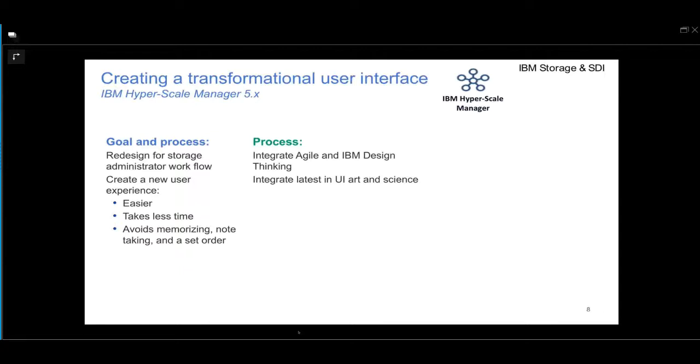Another thing that we did in our process is integrate the latest and greatest in UI art and science. So, UI, user interface, and user experience dramatically changed in the last 10 years. No one heard about user experience 10 years ago. People did it, but no one called it user experience. And the user interface was changed dramatically from